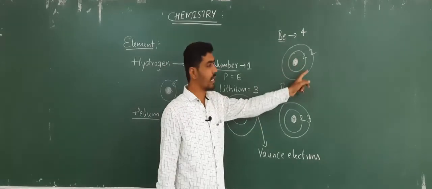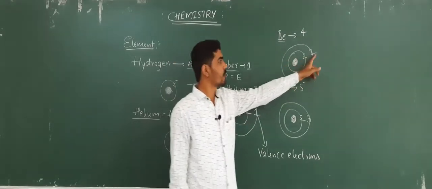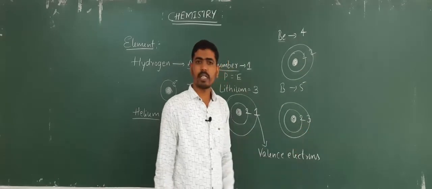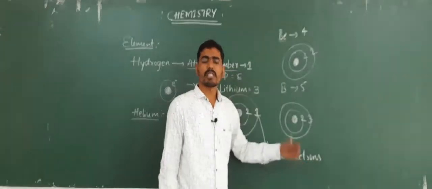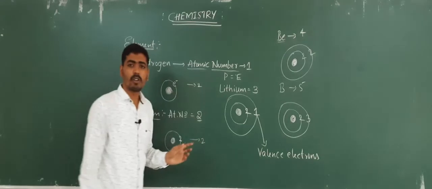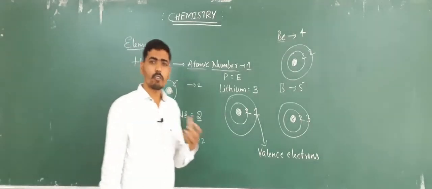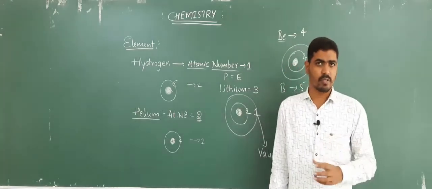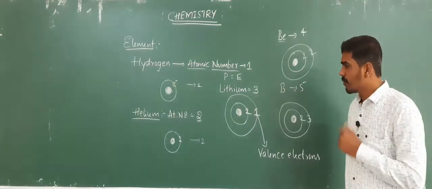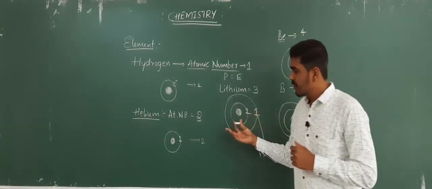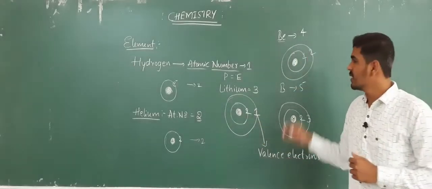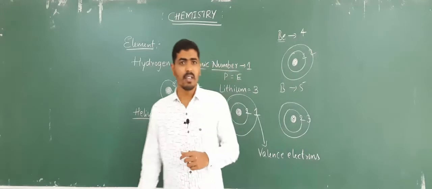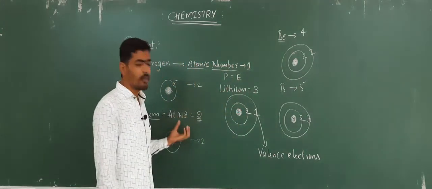In case of beryllium, the number of valence electrons will be 2, and in case of boron, the number of valence electrons will be 3. So this is how the electrons which are present in the outermost shell will be named as valence electrons. Okay, and now the difficult thing in this representation of structure of element is, for smaller elements we